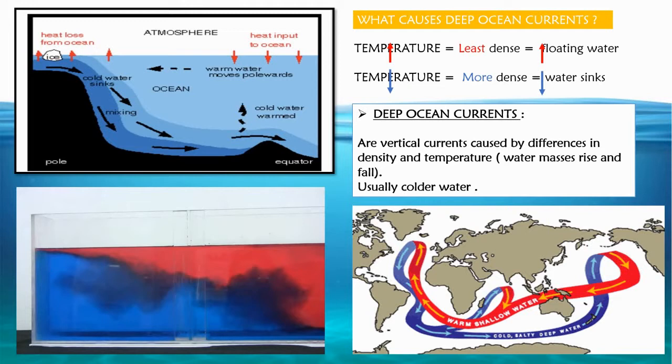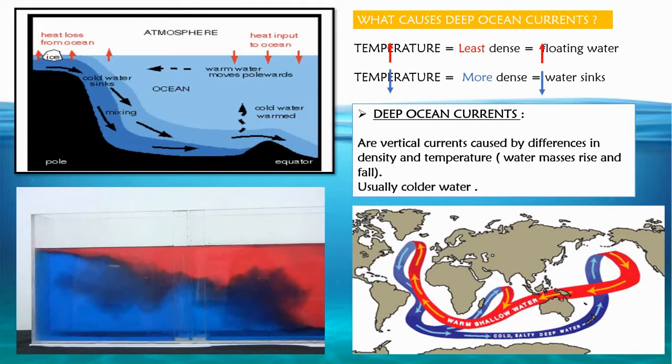Here we also have an example. As you can see here, students, we have a transparent tube. The hot water is represented by some red food color, whereas cold water is represented by blue color. As we know that cold water is more dense than warm water, so it flows underneath. Similarly, when you observe this tube, you will find that the colder blue water goes underneath the warmer red water.